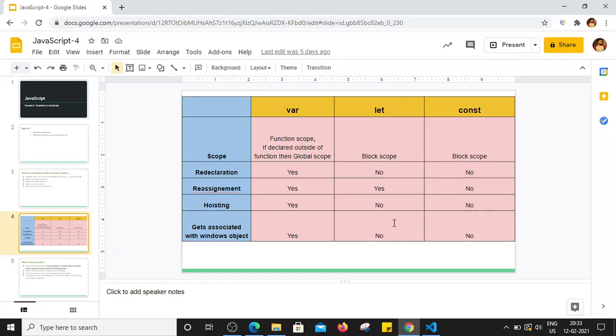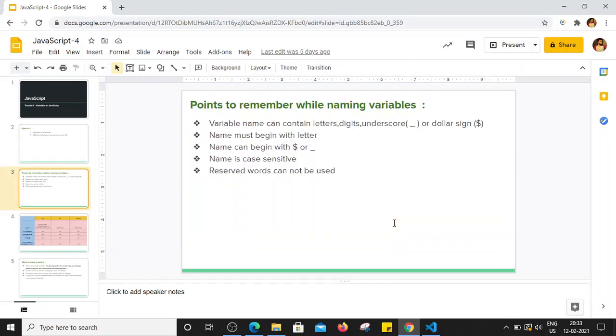There is one more thing. While we have seen the declaration of variables, there are some rules for naming the variables. A variable name can contain letters, digits, underscore or dollar sign as well. The name of a variable should begin with a letter; it can also begin with a dollar sign or underscore.